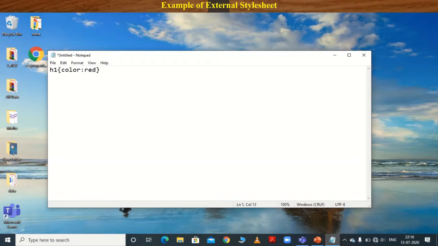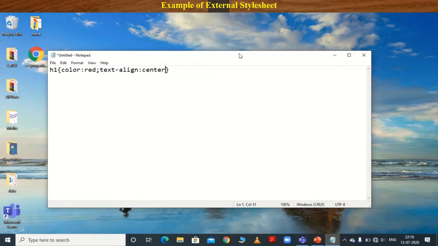Color is the property and red is the value of that property. Then semicolon is used to separate the properties. The next property is text-align colon center. So this is the element which we want to style.